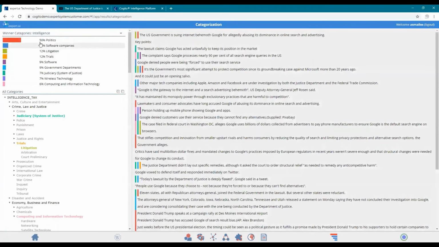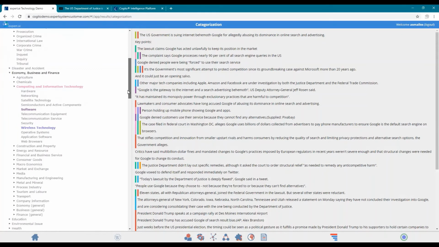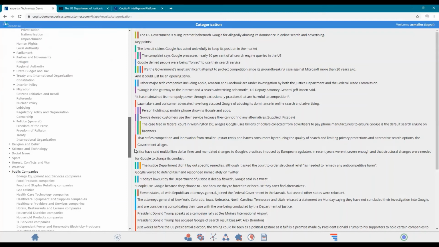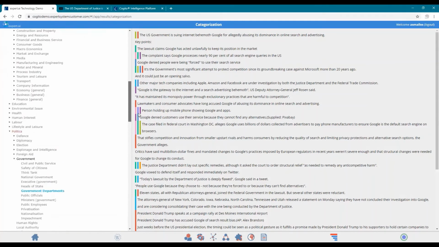We can also look at the categorization. So if we choose the intelligence taxonomy here, it's broken it down. The intelligence one says it's 50% about politics, it's about software companies, litigation, government departments, judiciary, and things like this. So these are all the different things being tagged against it. So you could search, say, for software companies, and where it talks about government departments and things like that.